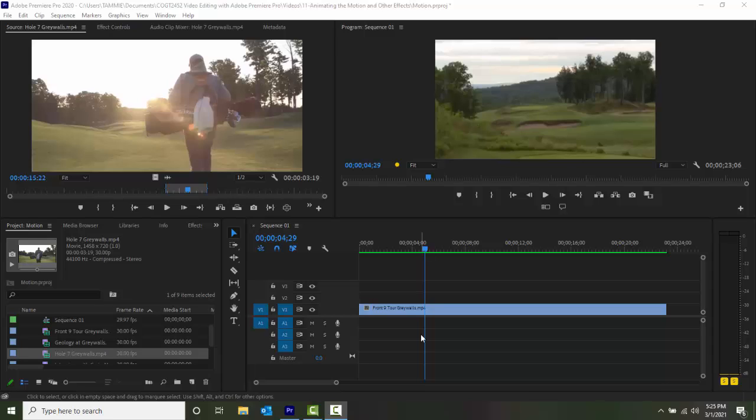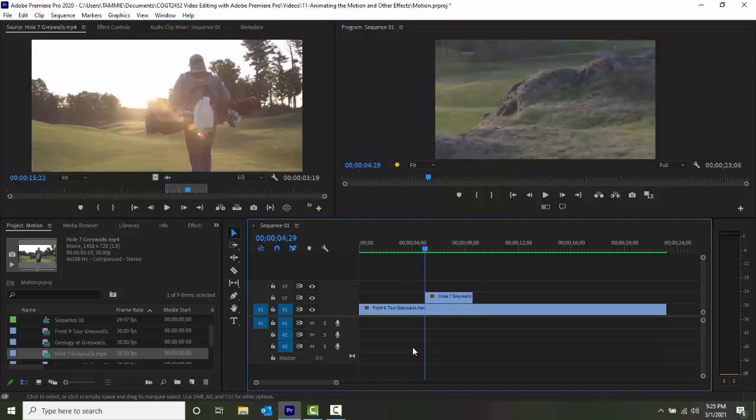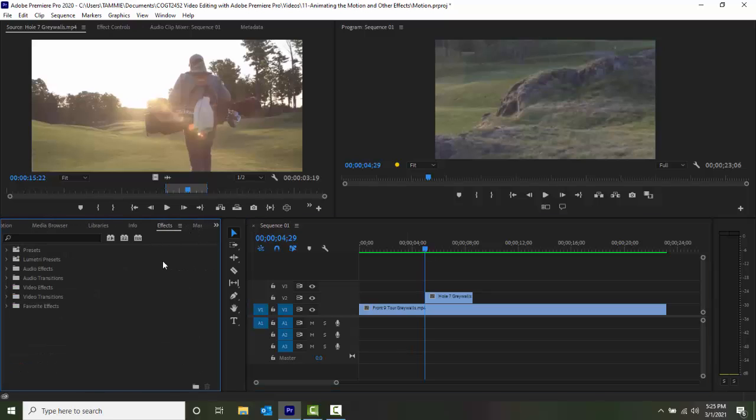Animating the basic 3D effect. So here I have a clip that's just a flyover of a golf hole, and here I have a golfer walking. I'm going to drag over the video and place it here. Now what I want to do is come into my effects, and in my effects, I want to go to my video